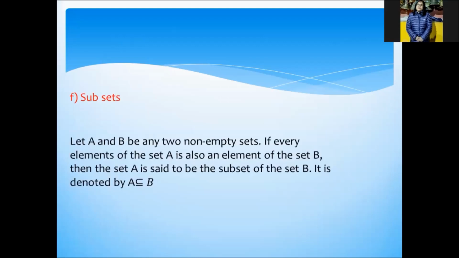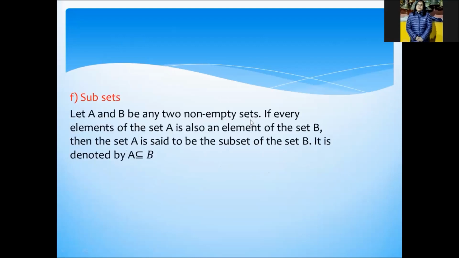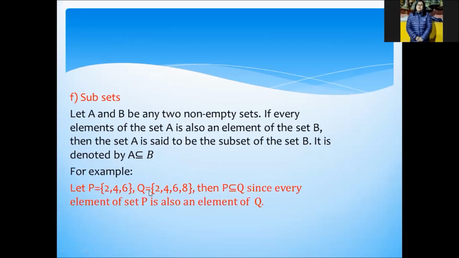subsets. Okay, what are subsets? Let A and B be any two non-empty sets. If every element of the set A is also an element of the set B, then the set A is said to be the subset of the set B. It is denoted by, okay, see on the screen. Okay, for example, let P equal 2, 4, 6, Q equal 2, 4, 6, 8, then P is a subset of Q, since every element of set P is also an element of Q. Okay, next one,